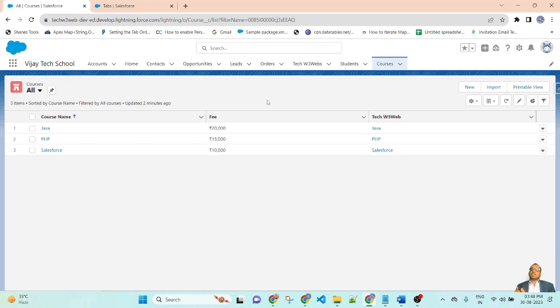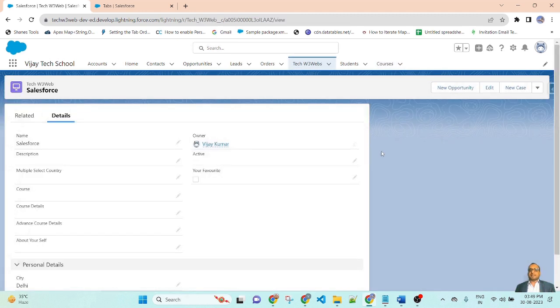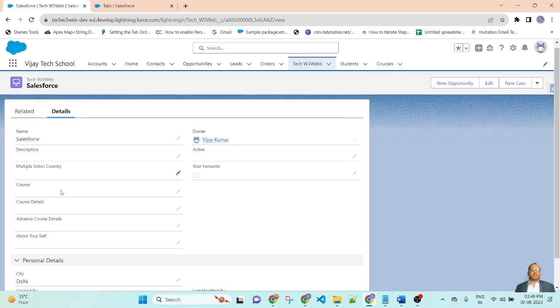Let me see whether the child record has been deleted or not. So this record, Salesforce, is associated with the Salesforce record of the master detail. So let me go to the master detail object. Click here, it will redirect to the master detail. So here you can see Tech W3 Wave, it is one record.